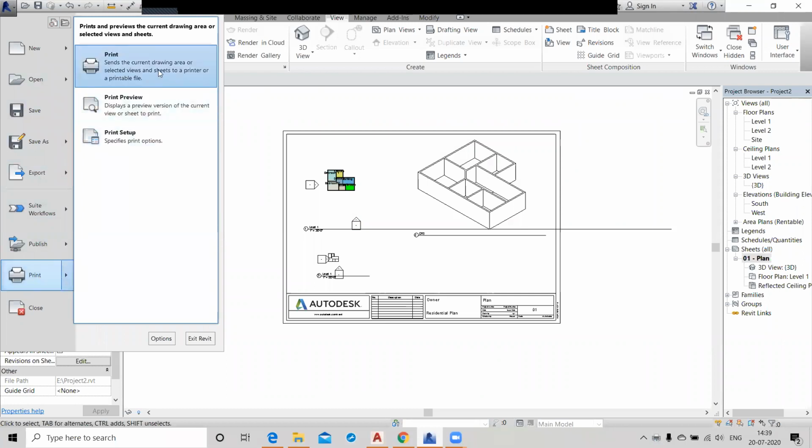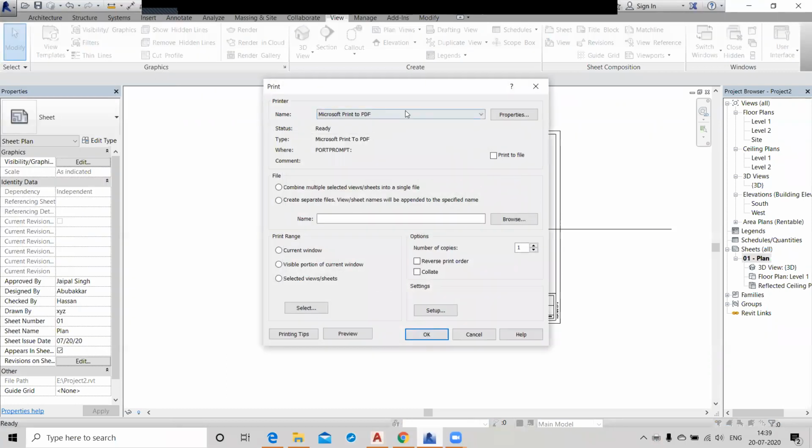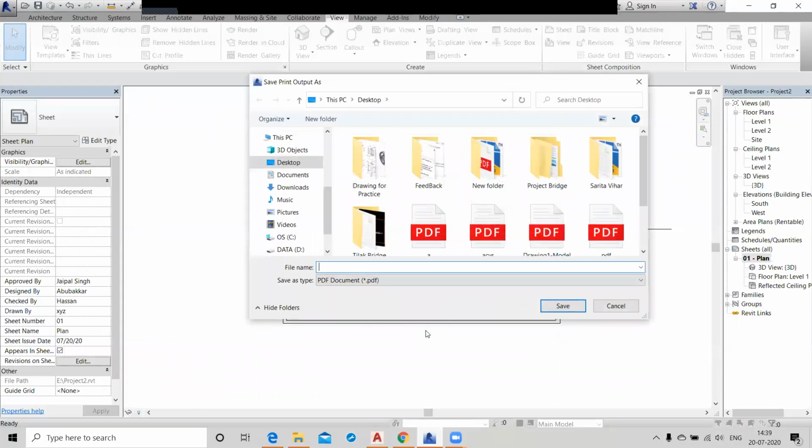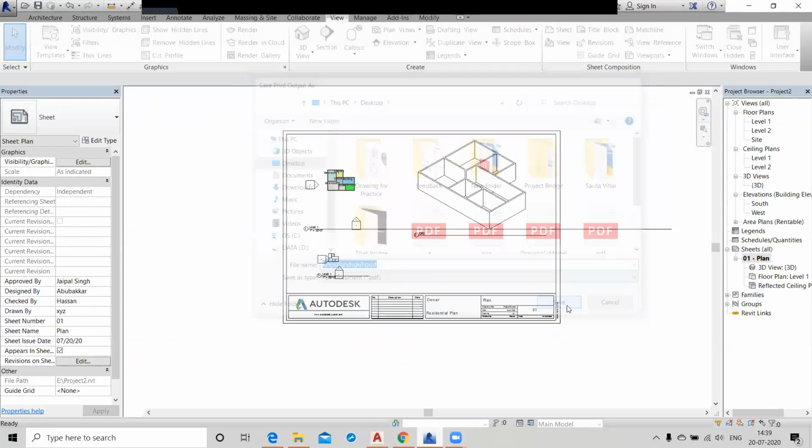Go to the print and choose Microsoft Print to PDF here. Here is the option to select your printer. Now click on the OK button. After this, a window will open; give the name as per your requirement and click on the save button.